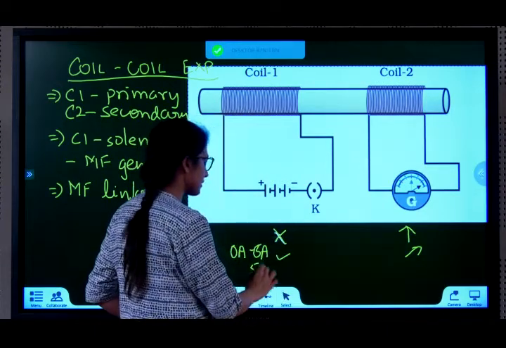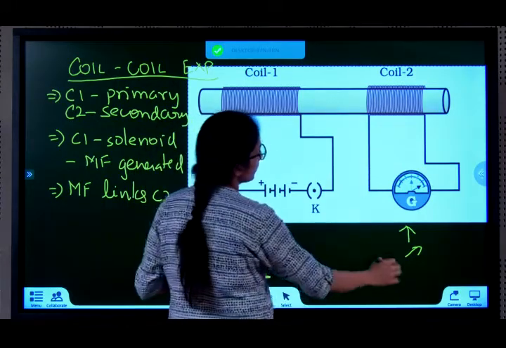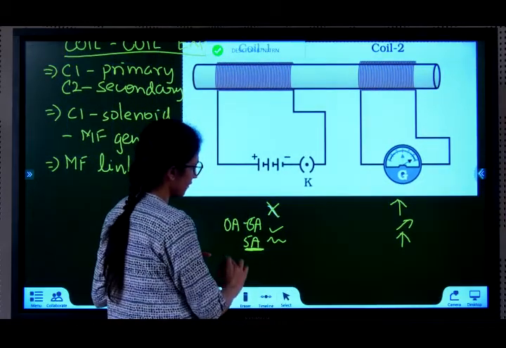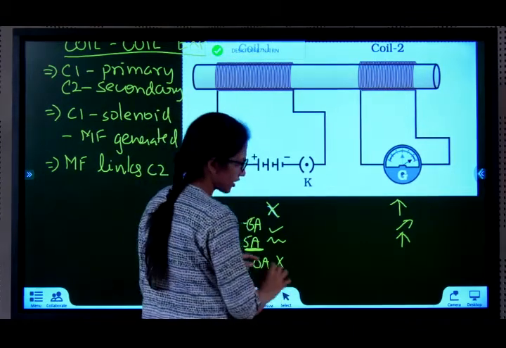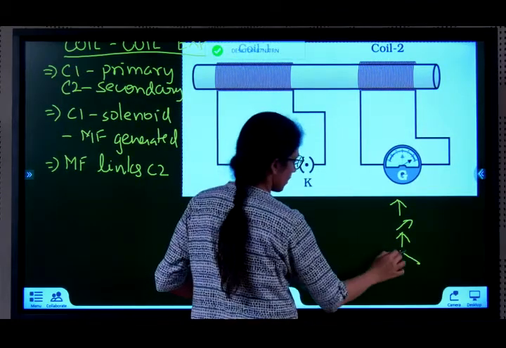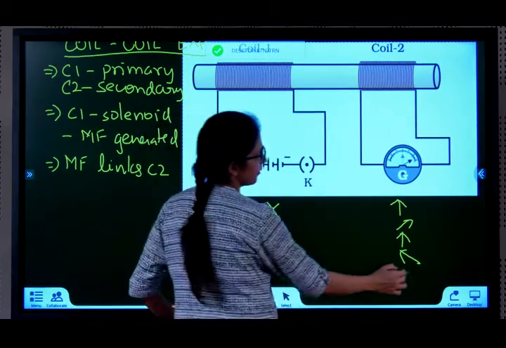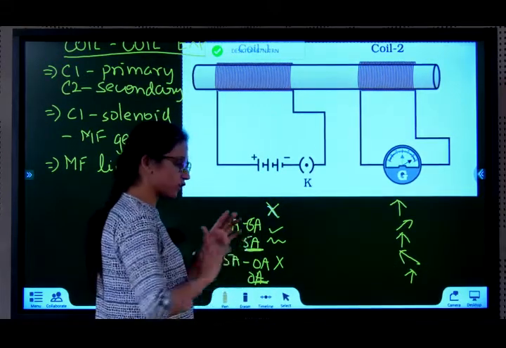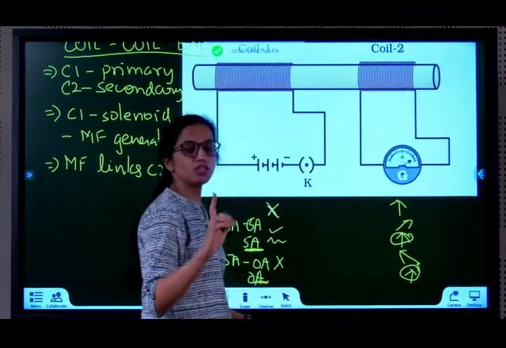But now it is constantly at 5 amperes, so then there is no deflection. Now when you switch off the circuit, from 5 amperes you bring it down back to 0 amperes. So there is no more current, the current change has occurred. Again there will be a momentary deflection in the opposite direction. Then it is now constantly 0 amperes, the current is switched off. Again no deflection. So when the current is steady, either 0 or 5 constantly, not changing, there is no deflection.